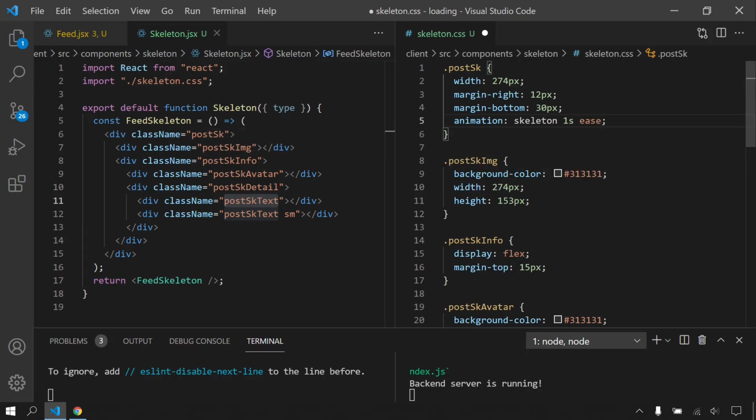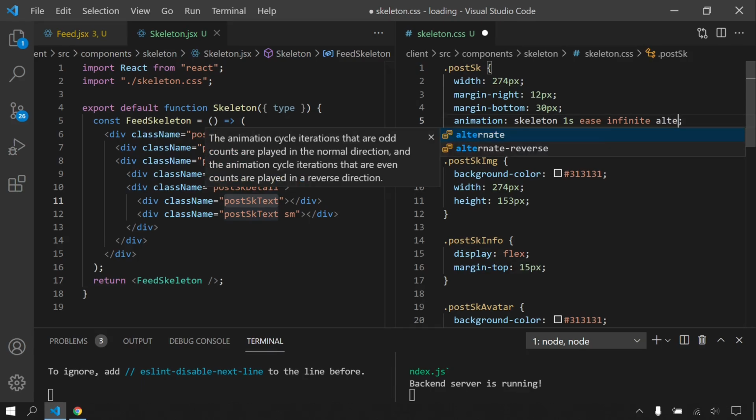If you don't know about animations or transitions, I highly recommend you to check the description below. I have an amazing course for this. You'll be able to create your own animations. There are more than 25 projects there. You can check this out. And I will say infinite. It's gonna take forever, and I will say alternate.